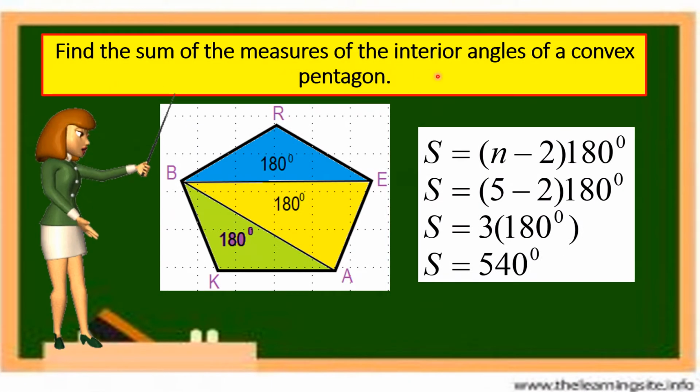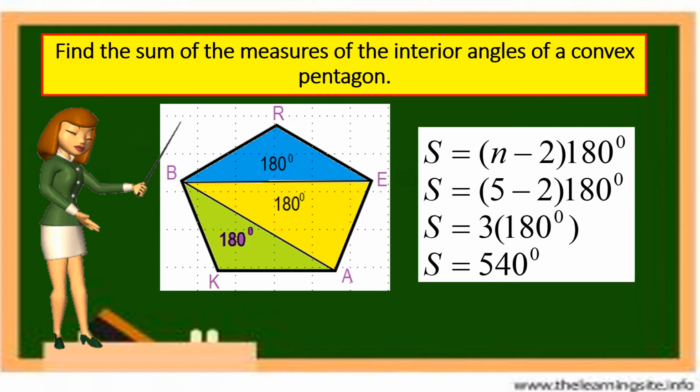Find the sum of the measures of the interior angles of a convex pentagon. A pentagon is a polygon of 5 sides. So S equals N minus 2 times 180 degrees. N is 5. 5 minus 2 times 180. That is 3 times 180, 540 degrees. Or this is 180. This is another 180. This is another 180. 180 times 3 is 540